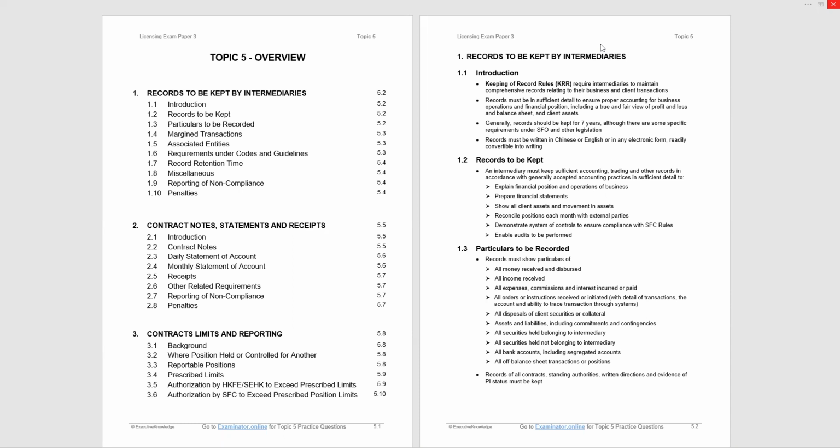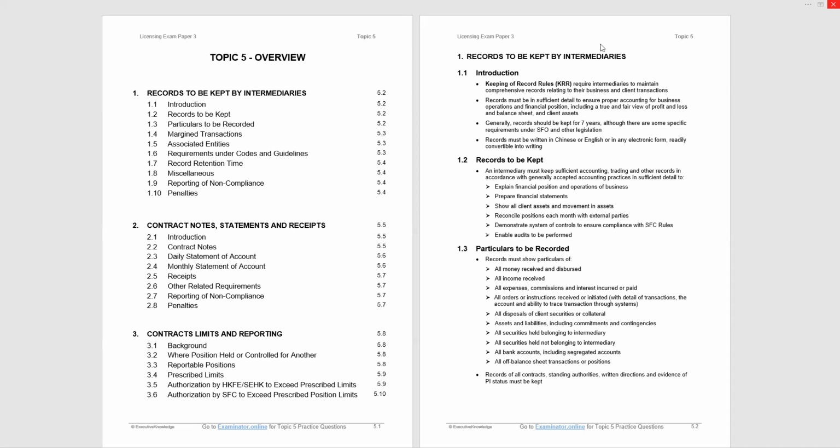Now, I will emphasize the important points to help you understand the core material you need to know to sit the exam, and as ever, a copy of the study notes you see on the screen can be downloaded from the Executive Knowledge website under Paper 3 resources. And again, as ever, I strongly recommend that you supplement this learning with question practice, and we have hundreds of practice questions on